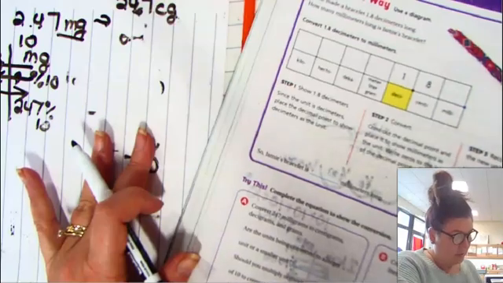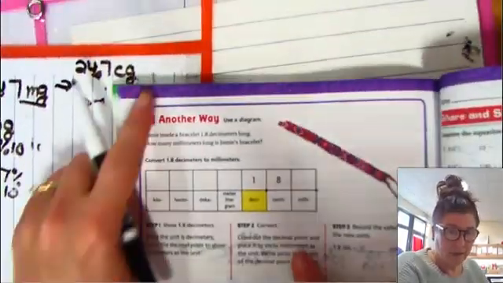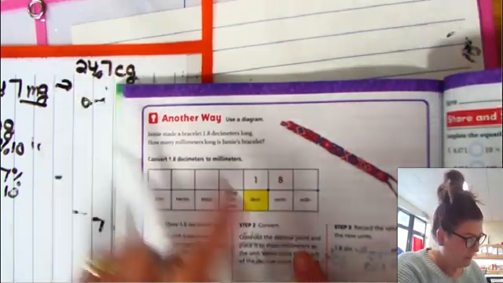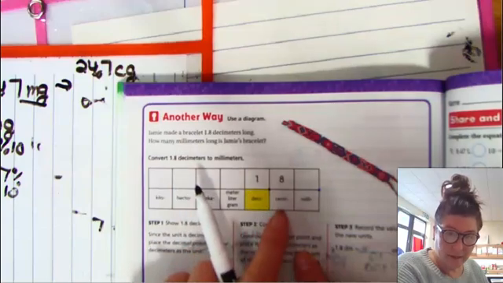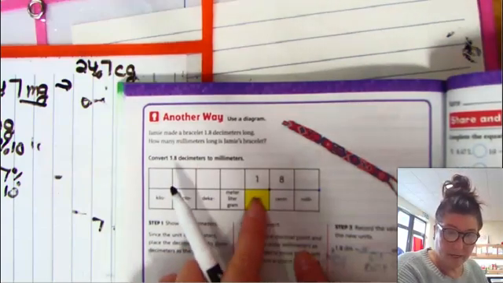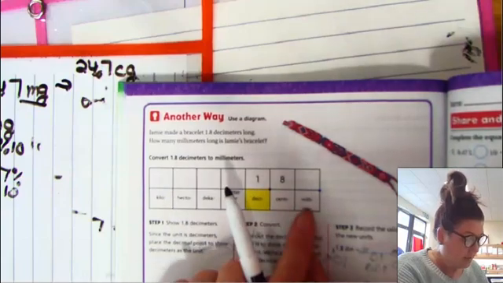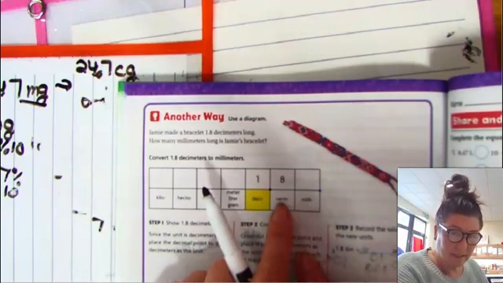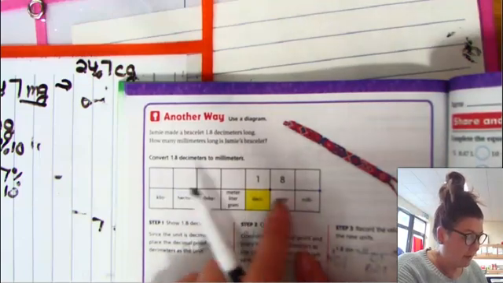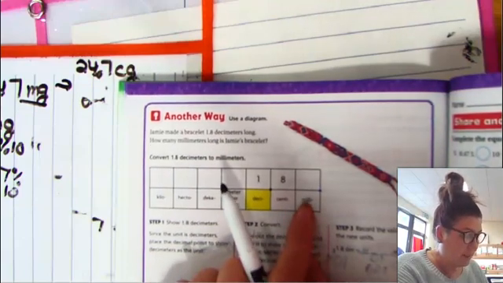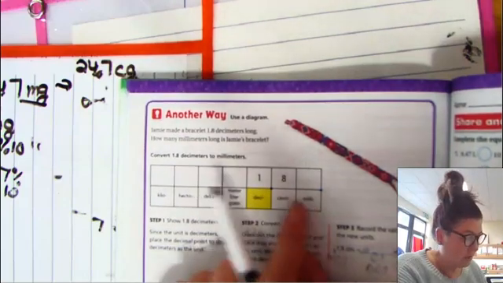Now I have to convert milligrams into decigrams. Well, look, I already have my centigrams, don't I? Do you see the 10? It takes 10 centigrams to make a decigram. So this is 10 milligrams to make a centigram, 10 centigrams to make a decigram. So how many milligrams would it take to make a decigram? Well, 10 times 10, which would mean 100. So it's 100 milligrams